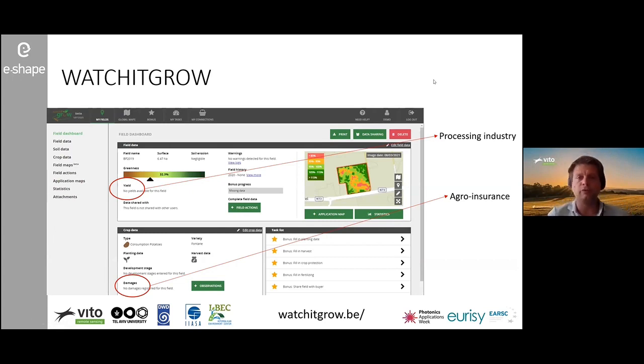For example, the processing industry is really interested in which yields we can expect during the growing season, but also after the harvest, which yields were actually obtained. If you look at the damages, there's a component on damages in the field as well. In turn, it can be very interesting for the agro insurance sector. A third